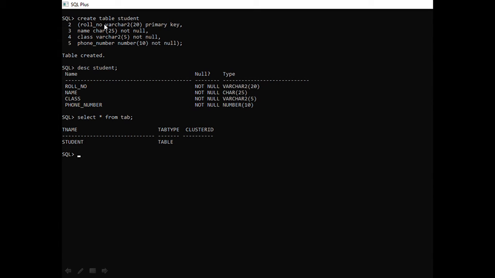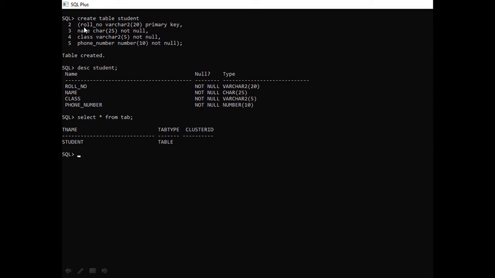Here you can see I am assigning roll number as a primary key. Roll number, name, class and phone number are the columns of the student table, and varchar2, character, and number are the data types. The numbers 20, 25, 5 and 10 are the maximum length of each column.